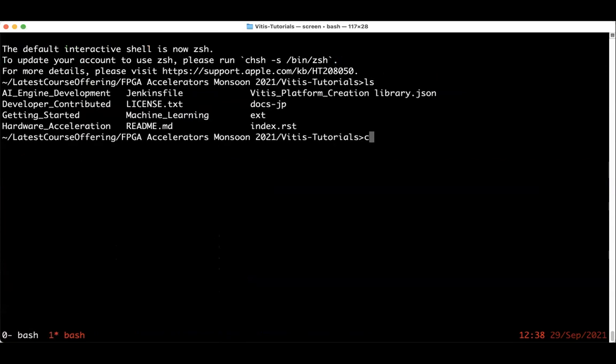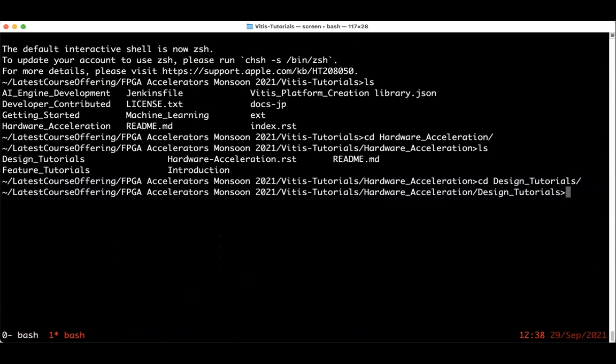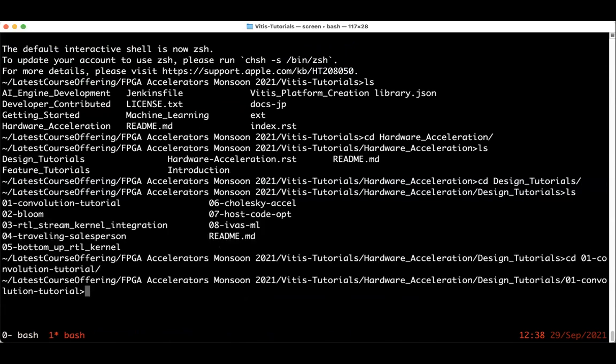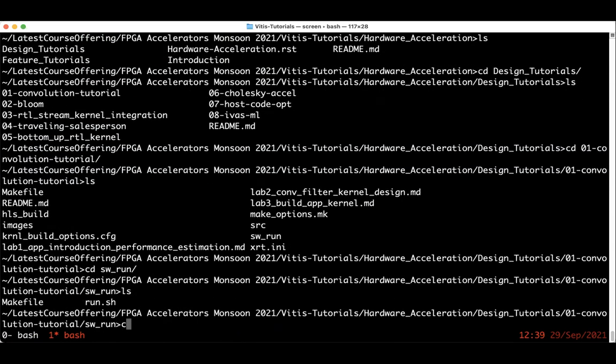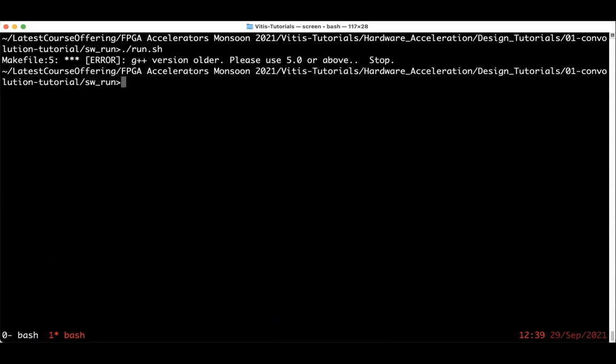Now I'm going to hardware acceleration, design tutorials, convolution, then software underscore run. I hope I should be able to run it. Okay, bad luck.